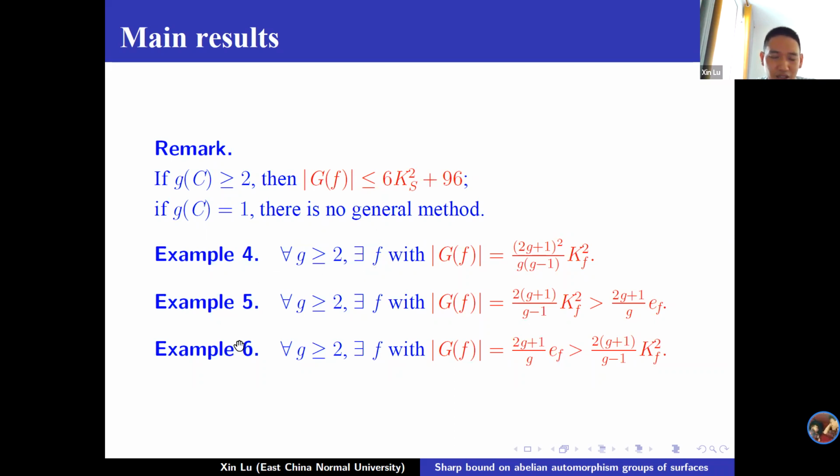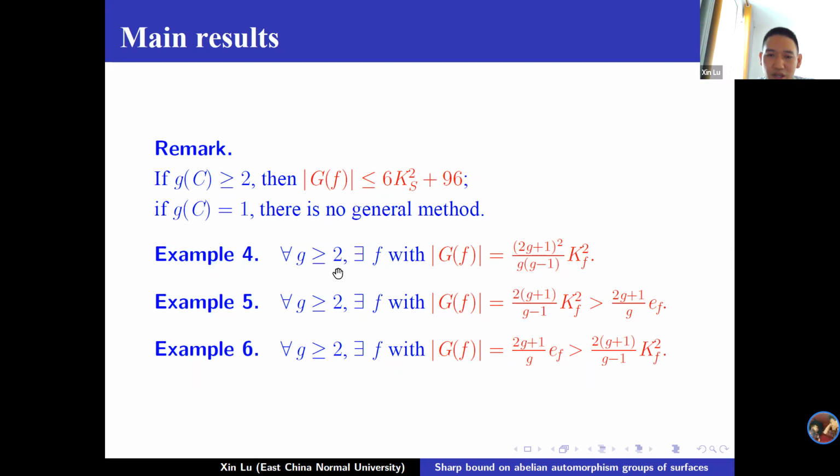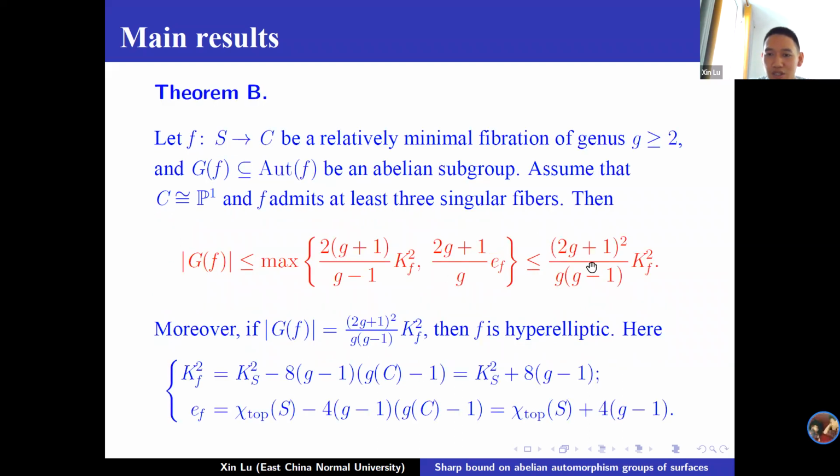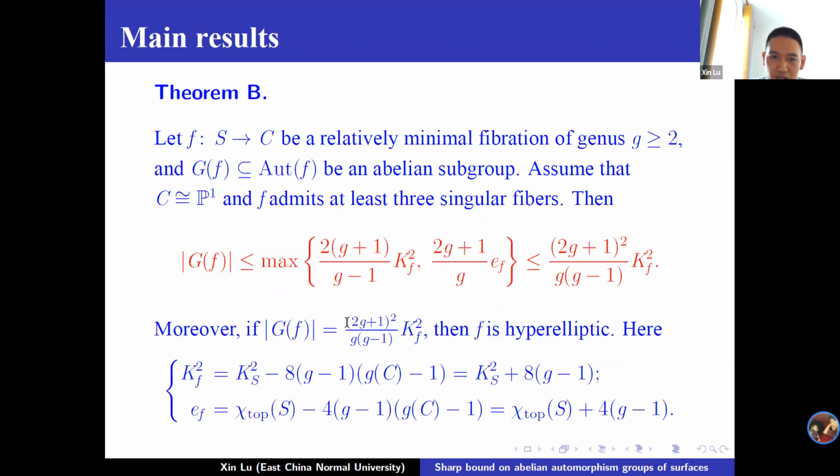Okay. Here, these 3 examples show that these upper bounds are sharp. The first example is that for g at least 2, we can construct a fibration from a surface S to P1, and it admits an abelian subgroup whose order is equal to this maximum number, which is (2g plus 1) square times Kf square. And also we can construct 2 examples to show that the first upper bound